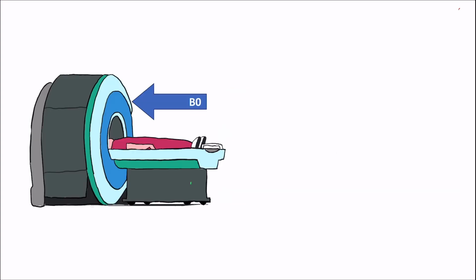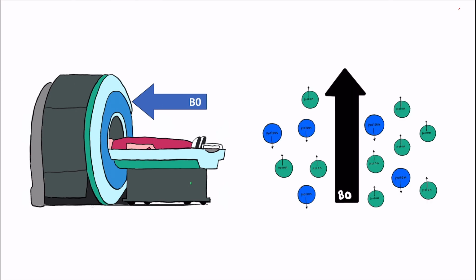Well, so how does the machine work? Well, the machine has a big magnet. When turned on, this magnet creates a magnetic field. This magnetic field is referred to as the B0, and B0 is in the Z-axis, so it's in the longitudinal axis of the patient. And what happens is these patients, of course, have a lot of different types of